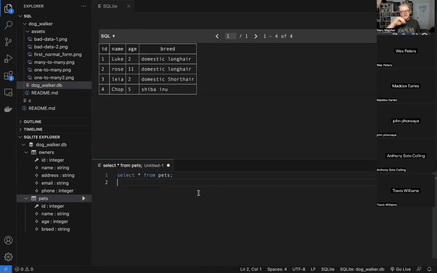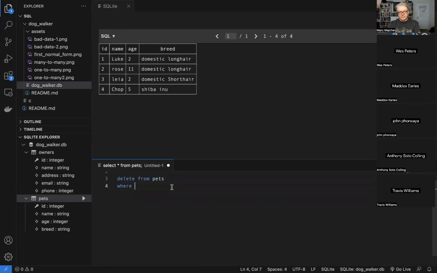So the easiest one is delete. If I just said delete from pets, that would get rid of all the pets, and we don't want to do that. But we can say delete from pets where, we can put a name, age, breed, whatever we want.